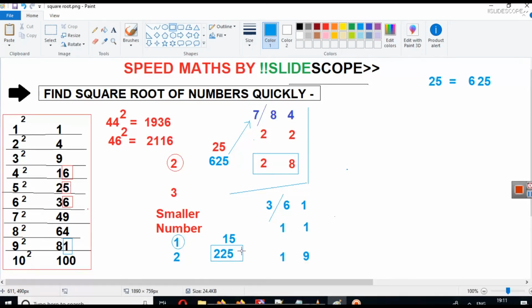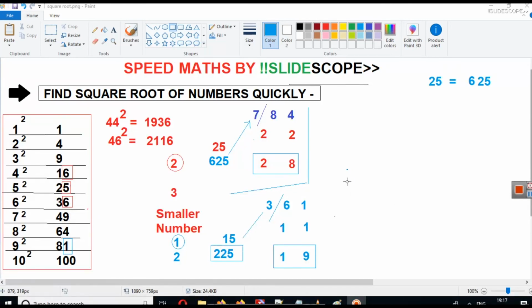Now we have got that the number is 225. Now you just have to compare this number with 361. So 15 is between 11 and 19. You can see that 361 is greater than 225, right? Because the value here is greater than 225, it must be the square of a number that is greater than 15. The number greater than 15 here is 19. Hence the square root of 361 is 19. So that is how you can calculate the square root of these 3-digit numbers.